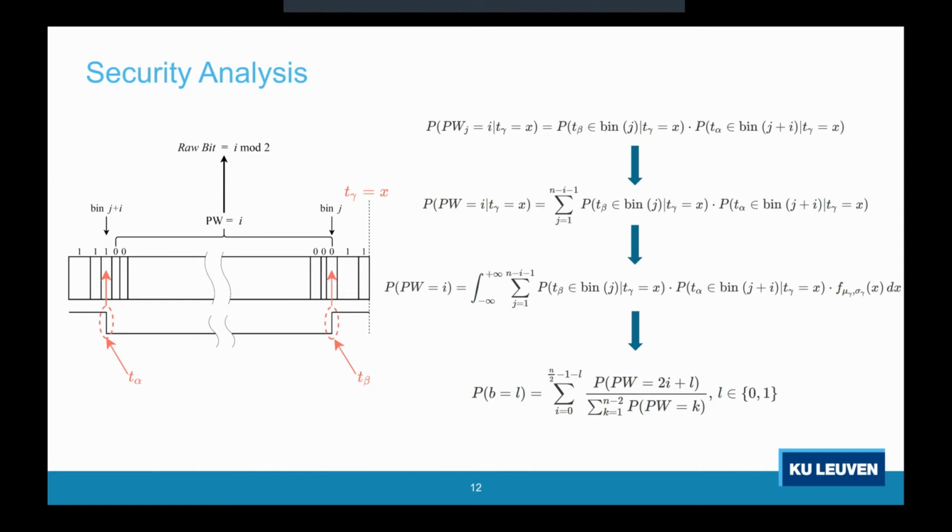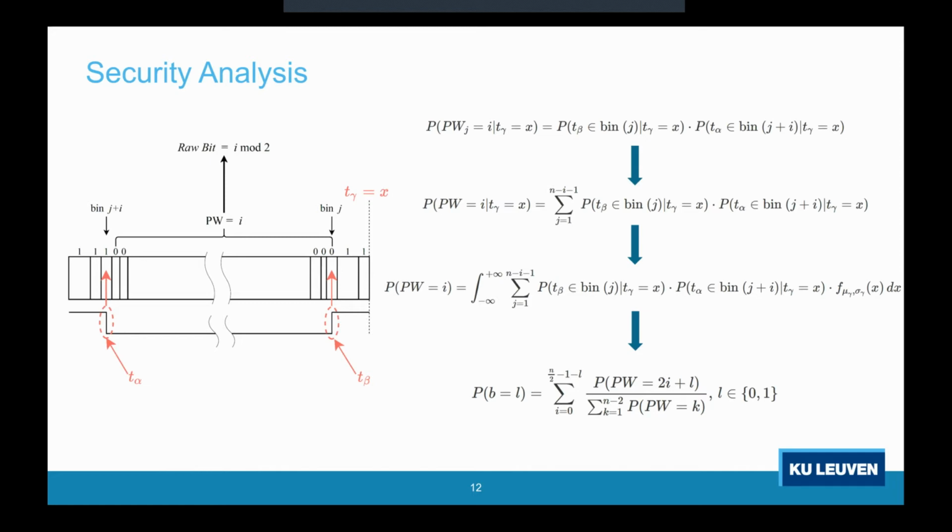Now, to remove the condition on the starting position bin, we sum over all possible starting positions j and obtain this second equation. Then, the condition to the position of the edge gamma can also be removed by integrating over all possible values of gamma. Remember that gamma, based on our assumption, has a Gaussian distribution, as well as alpha and beta, and they are all 3